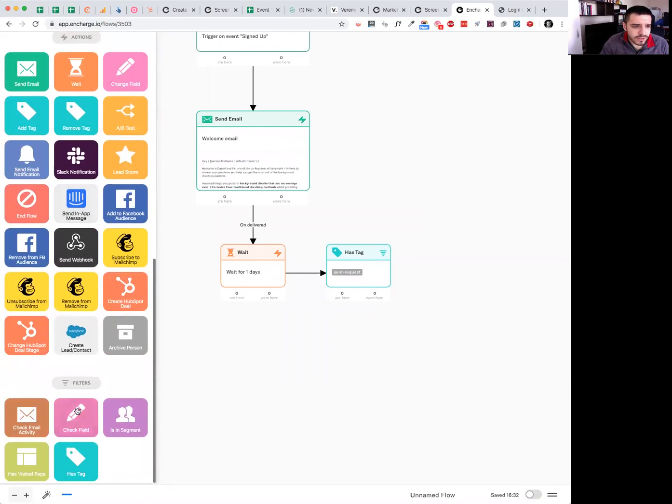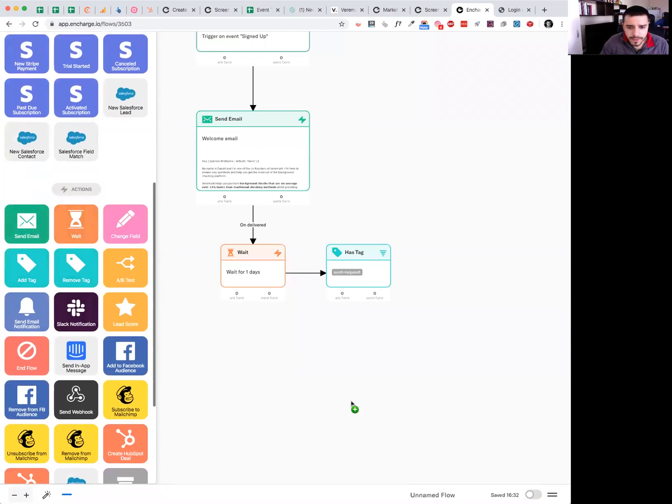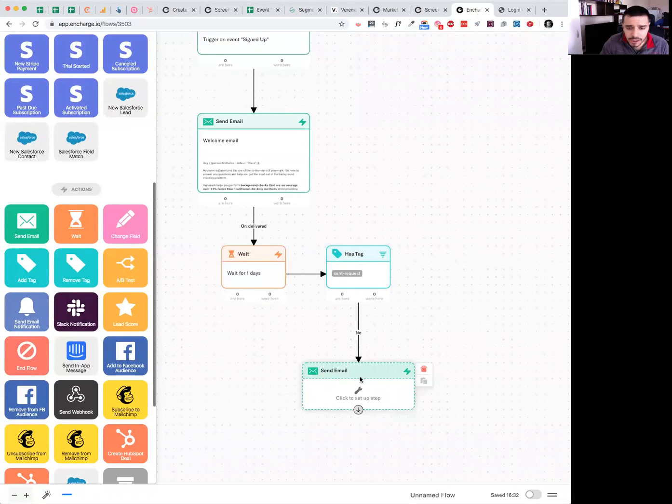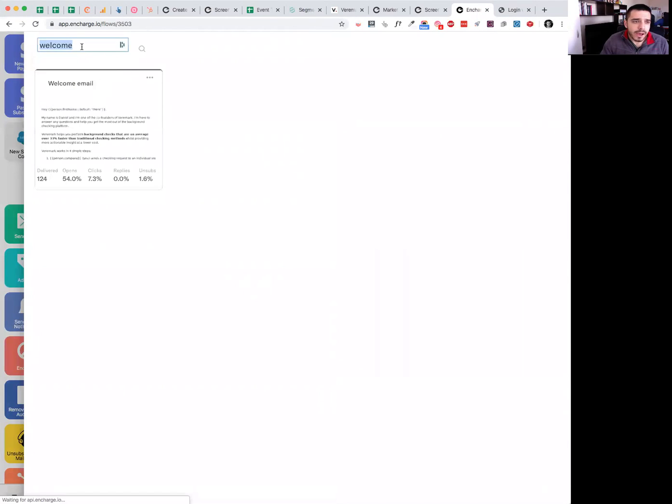And if they haven't sent a request, I'm going to send a nudge email. So if the hashtag send request is no, so they don't have that tag, I will send them